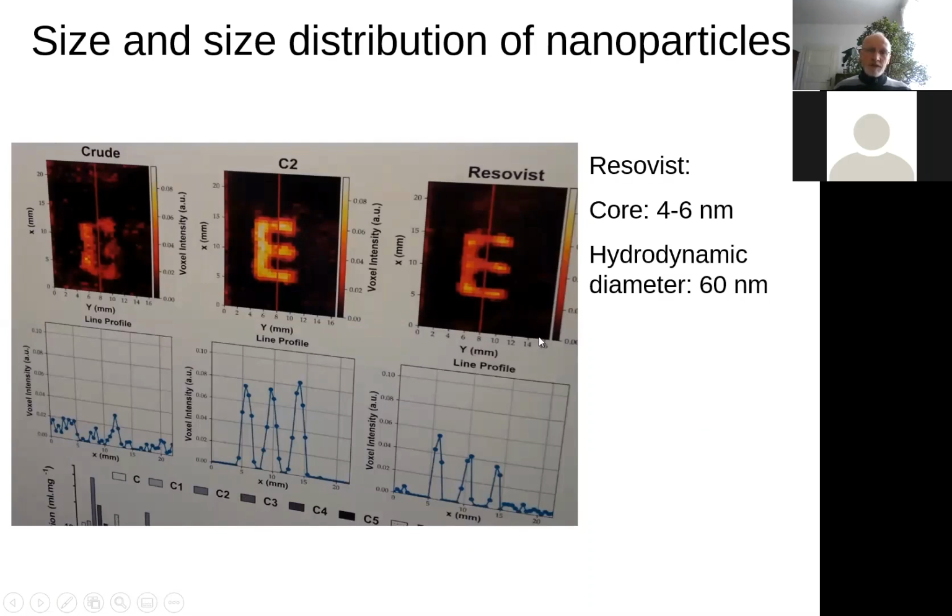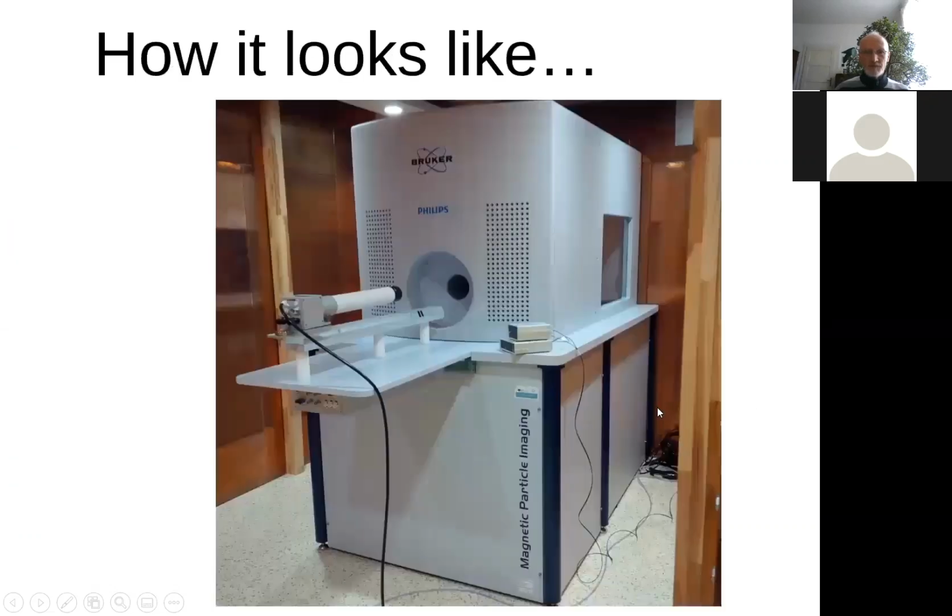This is a standard commercially available crystal, and here are two types of nanoparticles with broad distribution of sizes and narrow distribution of sizes. And you can see that the resolution, of course, is much better if the particles have narrow distribution. The machine itself looks like this, but I'm sorry,